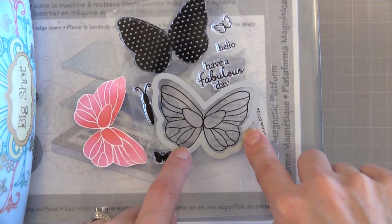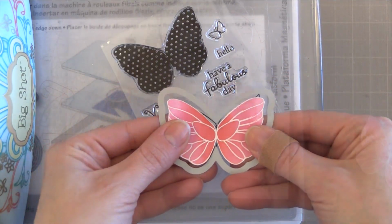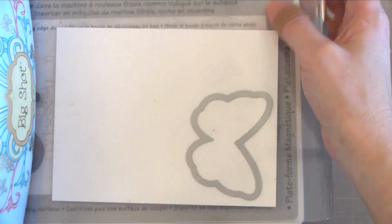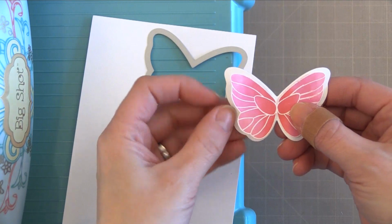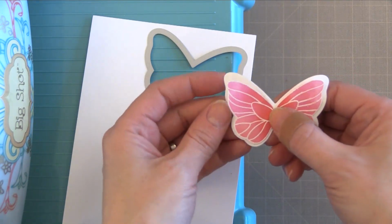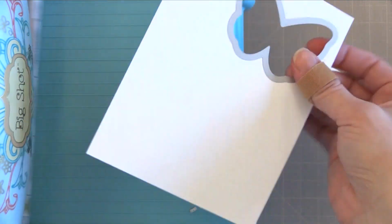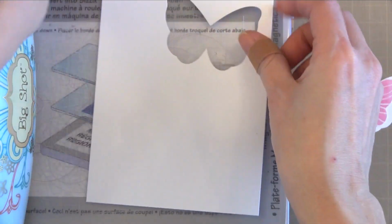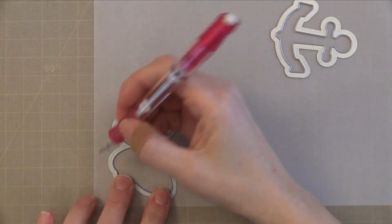But instead of doing that today, I'm going to use the die to cut a layer to go behind my stamped image. So I have some white cardstock that I'm going to die cut with this butterfly. And now I have a layer to go behind my stamped image. I'm going to put dimension between it. And this is just a great way to take a plain stamped image and turn it into a really fun dimensional embellishment. Now I actually wanted even one more layer behind that, a vellum layer of butterfly,